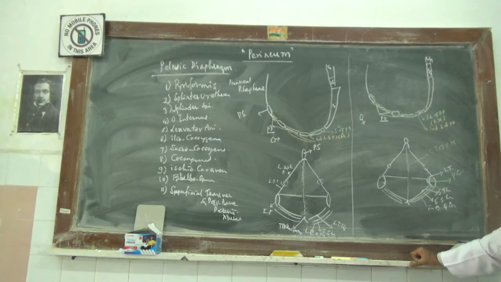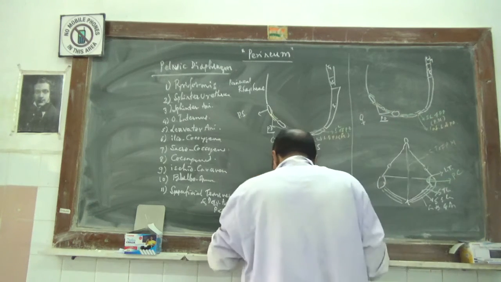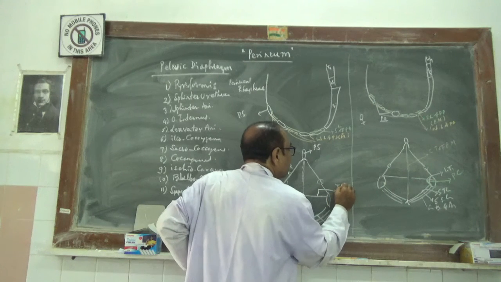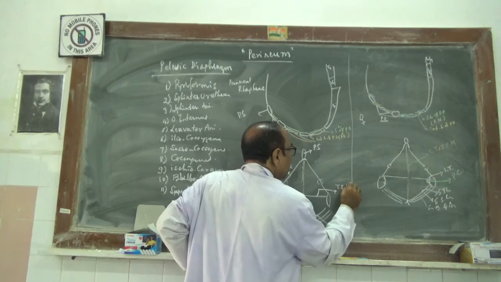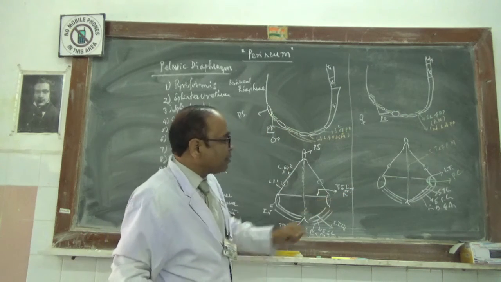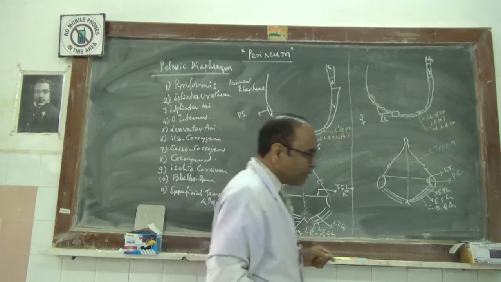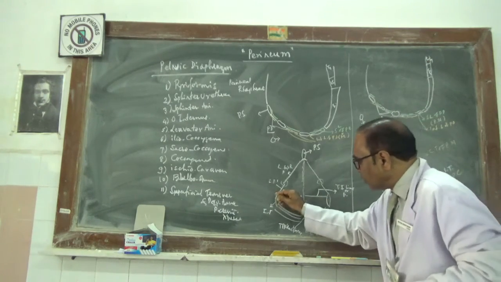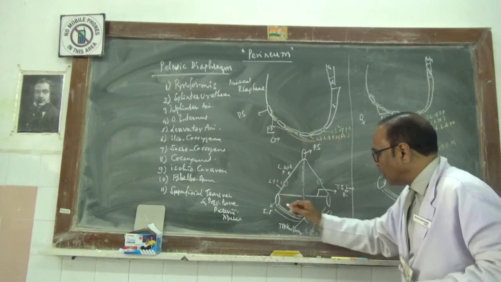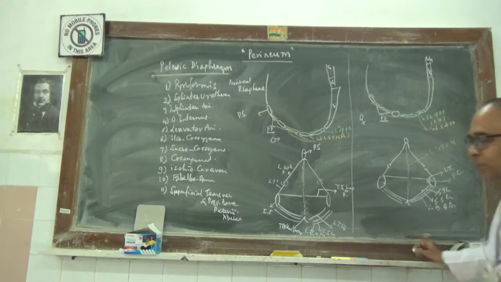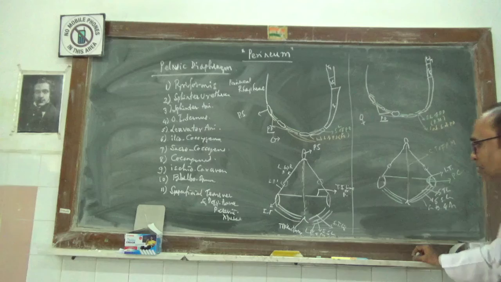Now this is the perineum, which is diamond in shape, divided into two triangles by the trans-ischial line or plane. It is an imaginary line. It is the union of the anterior end of the ischial tuberosity of one side to the anterior end of the other side ischial tuberosity. This is called the trans-ischial line or trans-ischial plane.